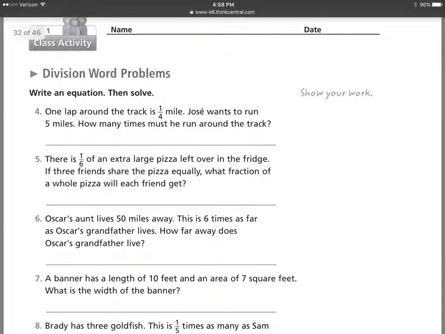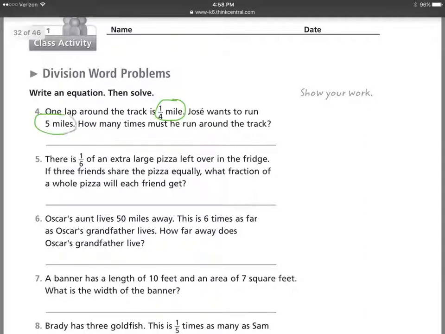We're on page 96 of the workbook now. On questions 4 through 11, which are all word problems, you may use diagrams or equations to solve each one. Where possible, you should use diagrams. For example, number 4, you want to run 5 miles around a track that is only a quarter of a